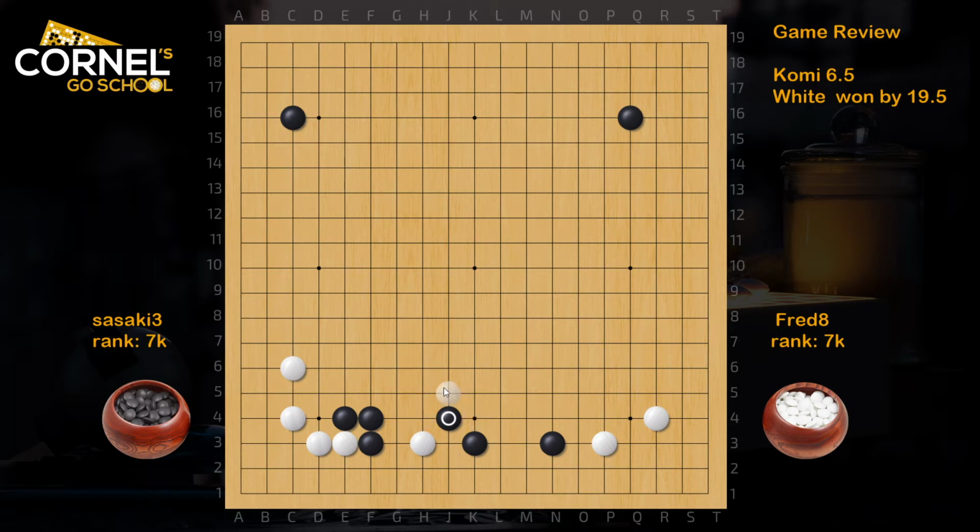Anyway, H3 can still go out, cross-cut, and cause some troubles later, but for now, white is sente, so good decision to attack the top left corner. Black extends low